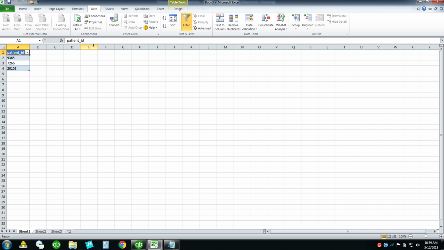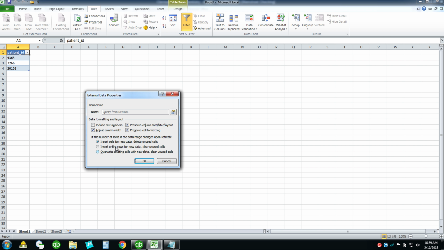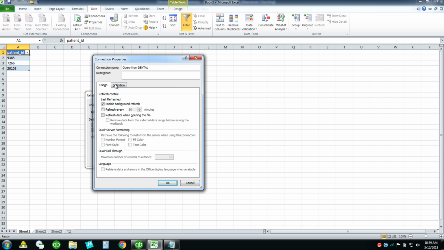Now you can also go in here and if you highlight the actual data, you can go to the properties and adjust some values here. What happens when new data appears? Does it insert the data? Does it overwrite the data? Things like that. And then you can also click on the little connection properties here, and there's some other options